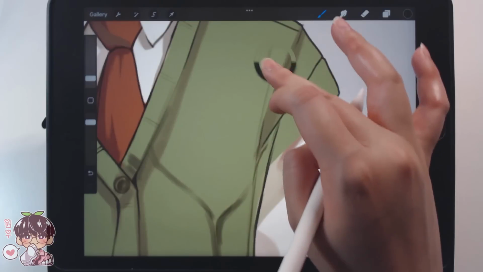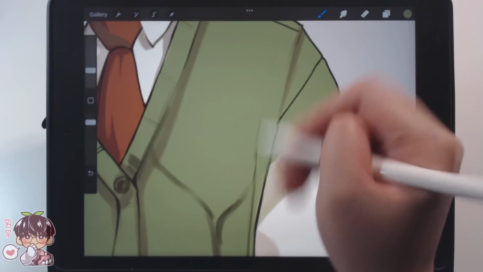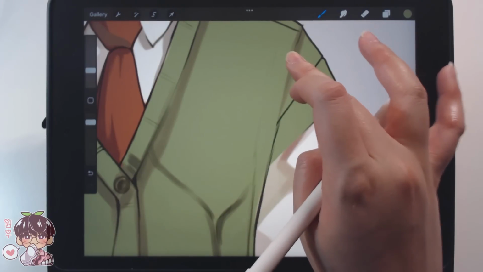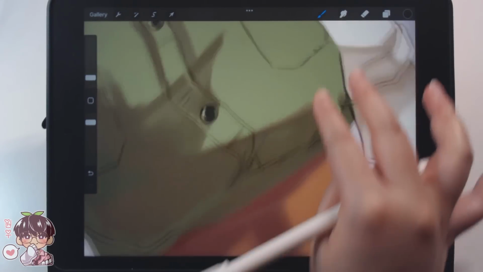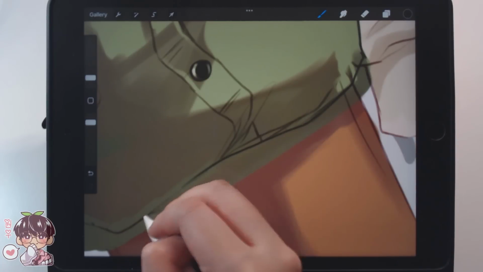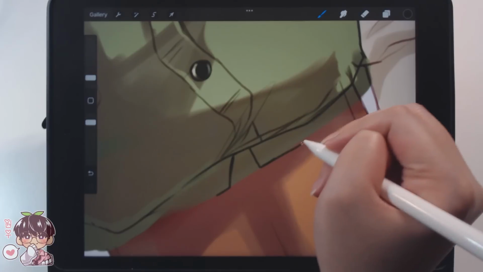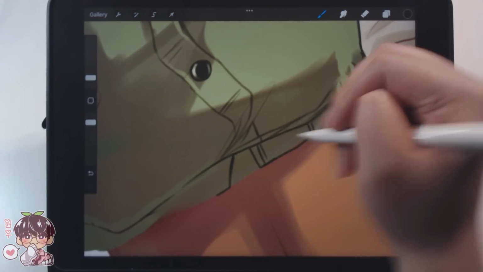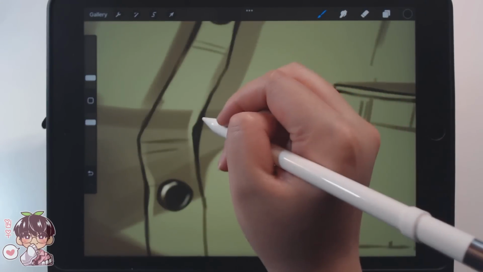But because I'm treating it a little bit looser than my fully rendered stuff, I did not really care if there's some straggly lines here and there, or if I didn't darken up every portion or make sure that every outline looks super clean. I just made sure to correct anything that I needed to, because you can see here I colored outside of the lines for the most part, because I wanted to correct how